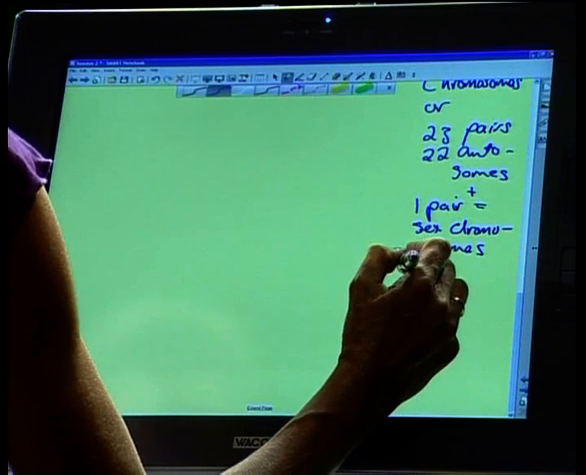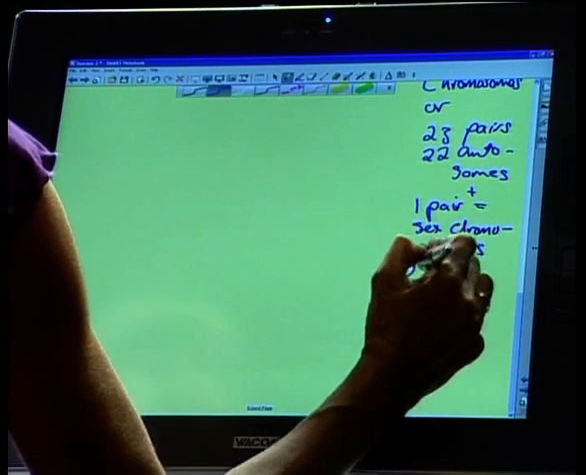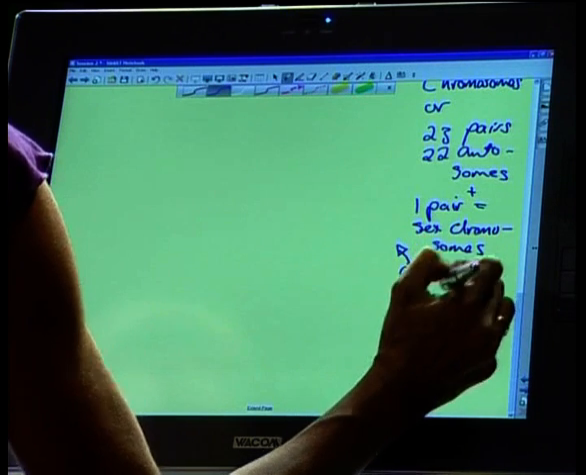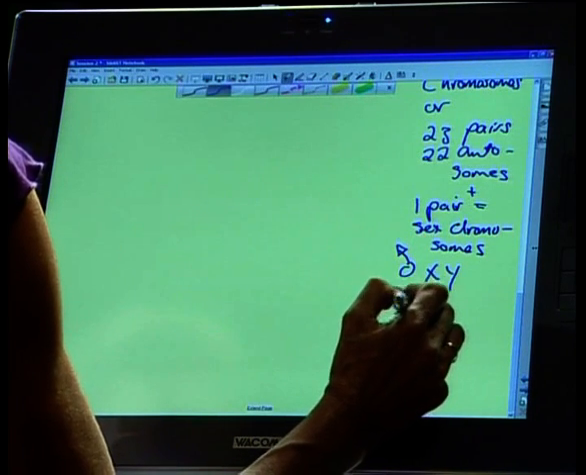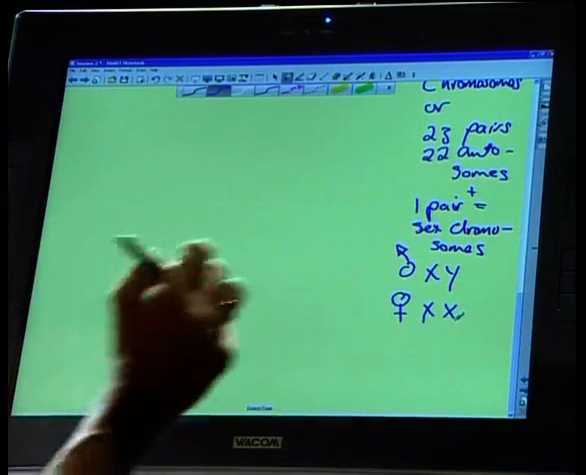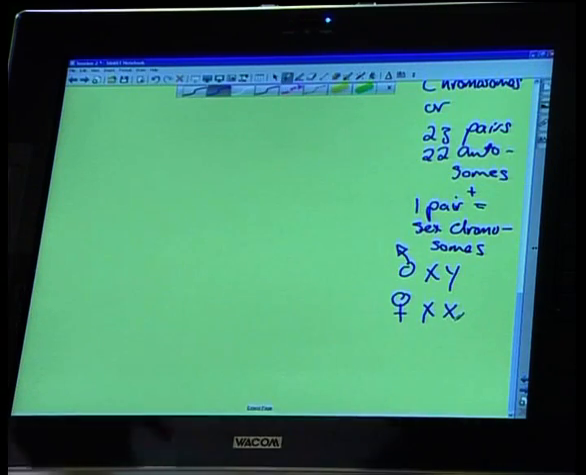And that in males will be XY, and in females will be XX. All right, and that's very important for when we get to sex determination. Now,